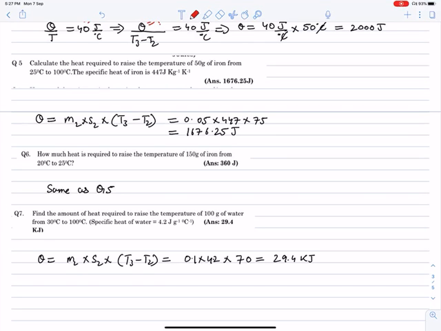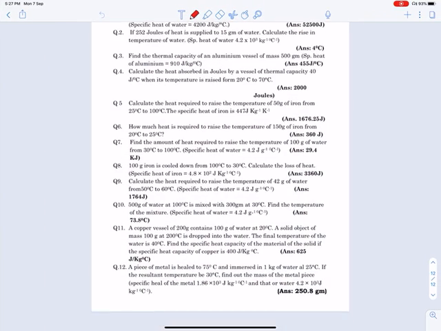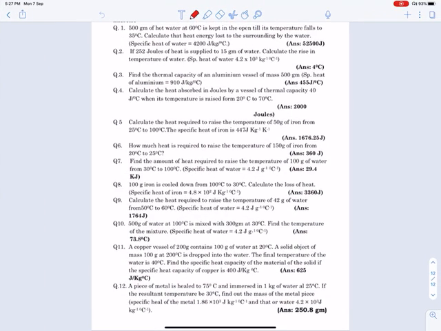Now the rest of the numericals are a bit the same, you can try. If I do the whole numericals, you will not get anything. So I have done the first few, and the 7th, 8th, 9th, 10th, 11th, 12th are the same. If you get any problem, you can comment below on the video, and we will definitely do them, or in the next video I'll definitely do 7th, 8th, 9th, 10th, 11th, 12th. But this will be practice for you.